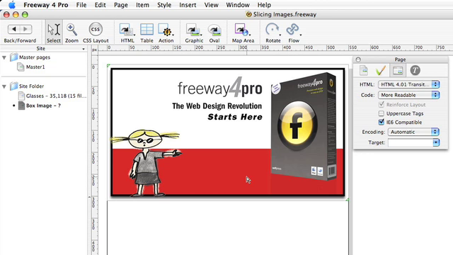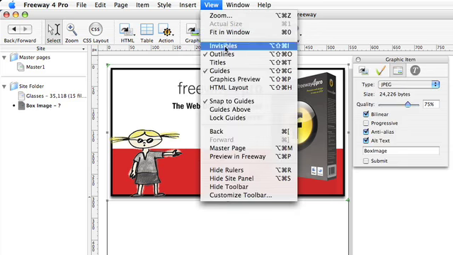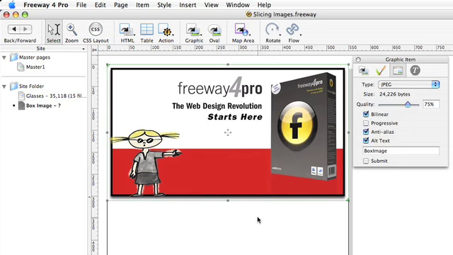Here we have a picture which is a combination of graphic elements and photographs. And what we want to do is to make sure that all the elements of this picture look as good as they can on a web page. Now if we go to View and Graphics Preview, we'll actually see what the image looks like when it's output by Freeway. Now this is it as it looks as a JPEG, and the photograph doesn't look too bad, but